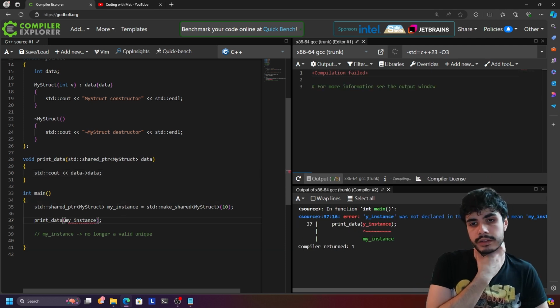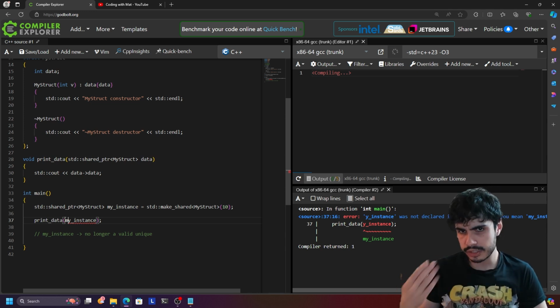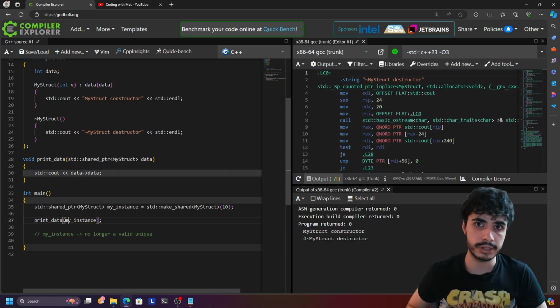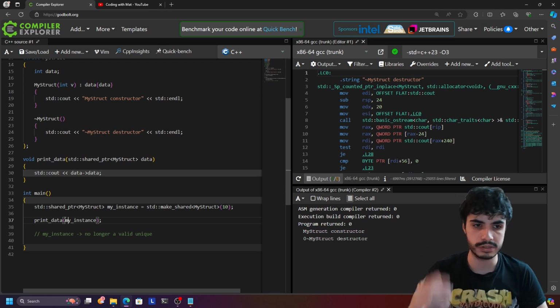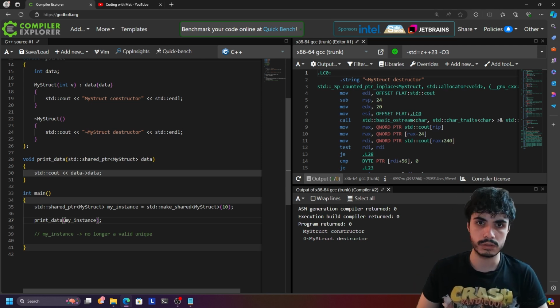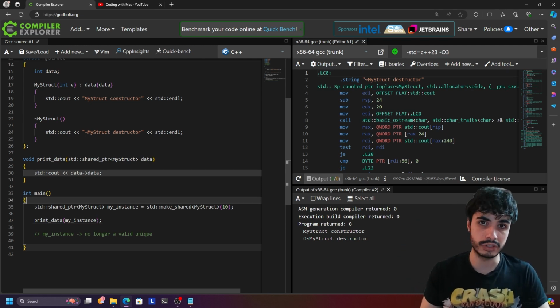But do bear in mind that shared pointers, because they have that extra reference counting functionality, there is a little bit of overhead compared to unique pointers. They will probably make your code slower if it's used all across your very tight loops that you have in your program, right? If I'm honest, once you understand unique pointers, once you know what the ownership model for that one is,